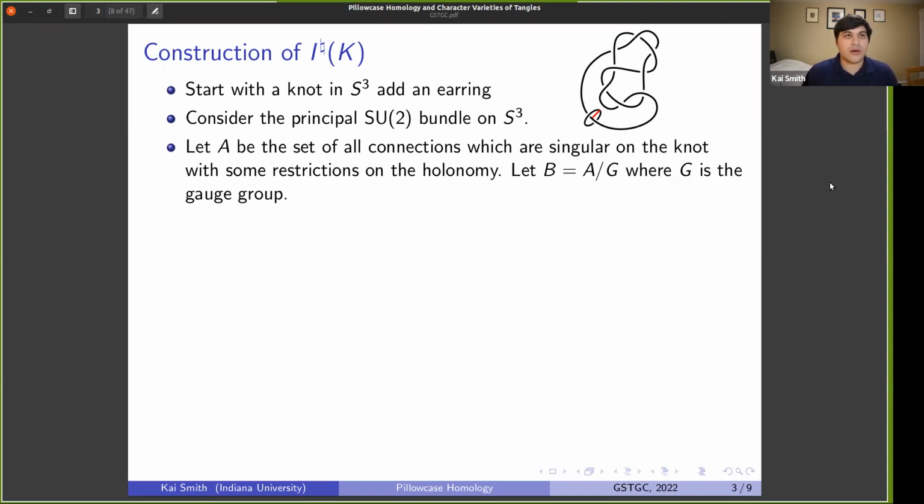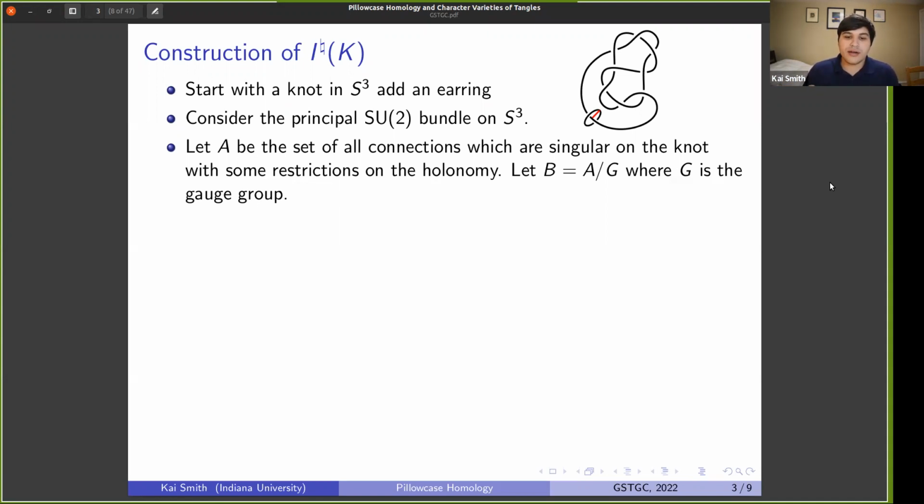So if you have a loop in your base space and you lift it to a loop in the bundle, you're going to start with a point and end up with a point that's on the same fiber, but it might not be the same exact point. And so the holonomy just keeps track of how far you've moved in the fiber direction for each loop that you went around. And so we're going to let A be the set of all connections on this SU(2) bundle,